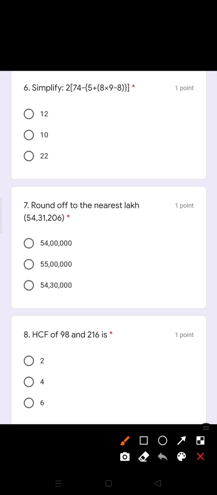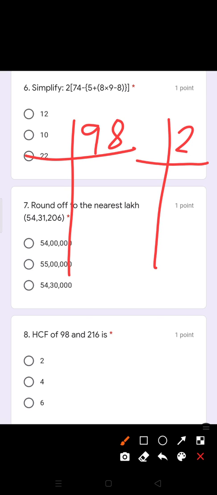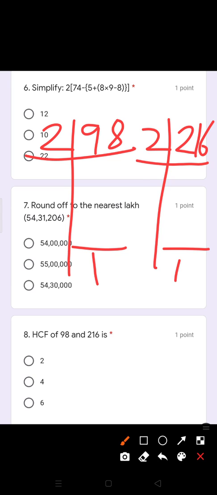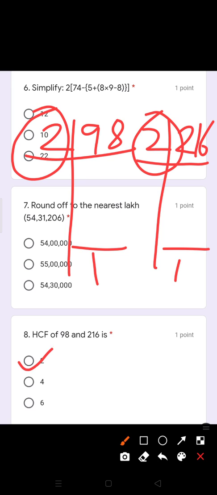Now coming to question number 8. HCF of 98 and 216. So you just need to find the prime factors first. You will check all the numbers. 2 से डिवाइड करना स्टार्ट करेंगे and complete जब तक 1 तक नहीं पहुंचते तब तक करोगे. And then you will take out the common number from these and you will get your HCF, and in this case your HCF is 2. This you have to do by yourself. If you get any doubt, I am going to take it in your class.